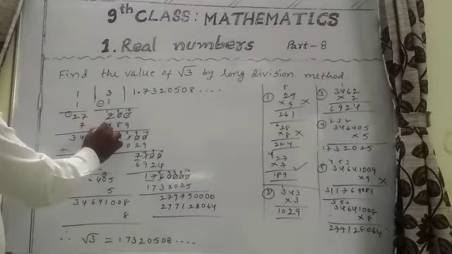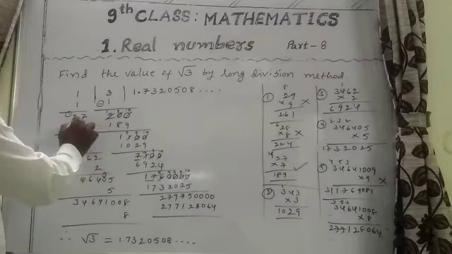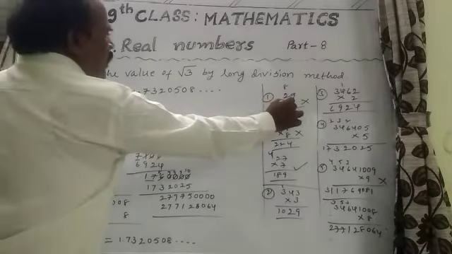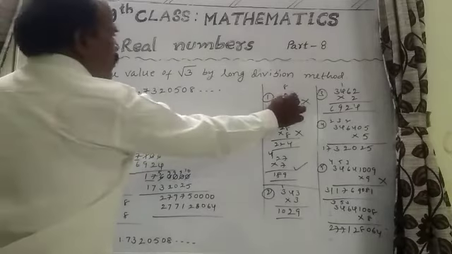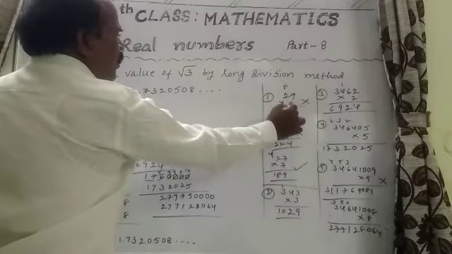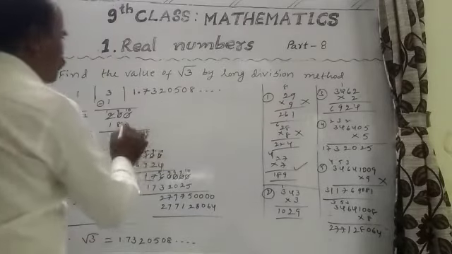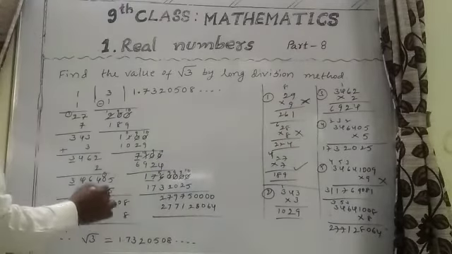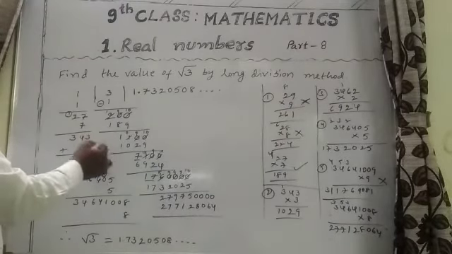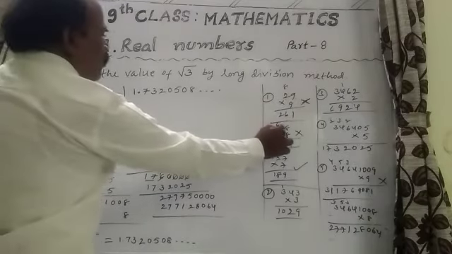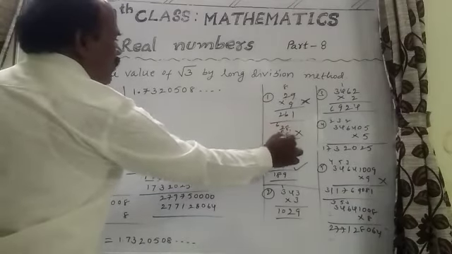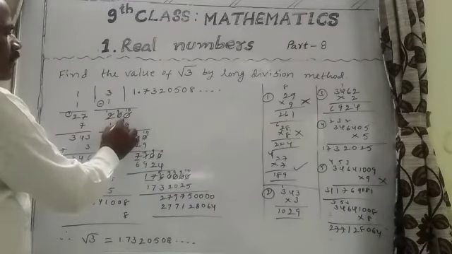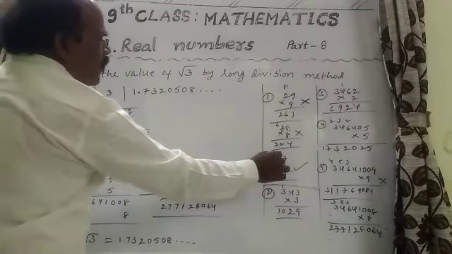2 1s are 2. This is the 27. 7s are. First take the check with the 9. 2 after write the 9 multiply with the 9. 9 9s are 81. 9 2s are 18 and 26. 261 is greater than 200. You take the decrease the 1 unit. 8s are 2 after write the 8 multiply with the 8 will get the 224. This number also greater than the 200. That's why decrease another 1 unit.